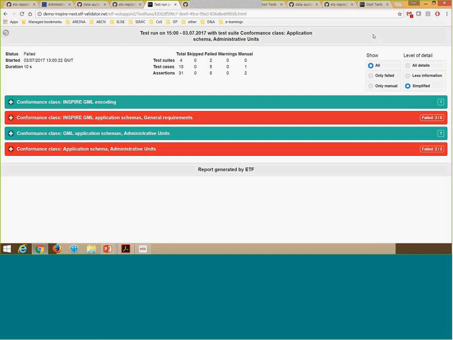Maybe just to say that this is of course important for us, to get feedback and suggestions and ideas on how we can improve both the functionality but also the appearance and user interface of the validator. There will be a workshop at the Inspire conference where we will be presenting this tool and basically give people the chance to test it directly hands-on.